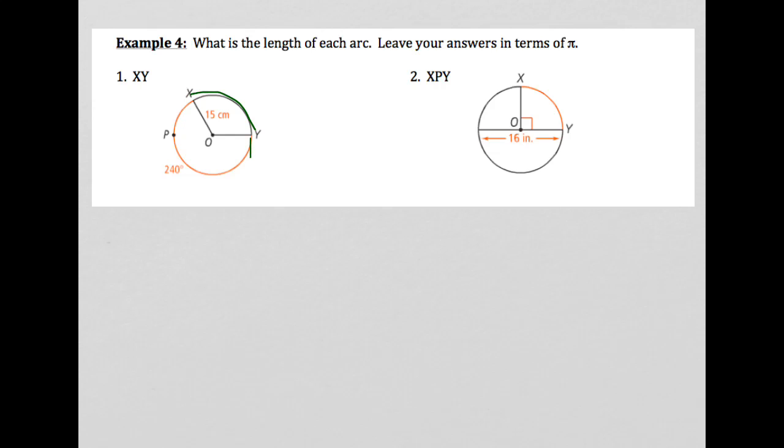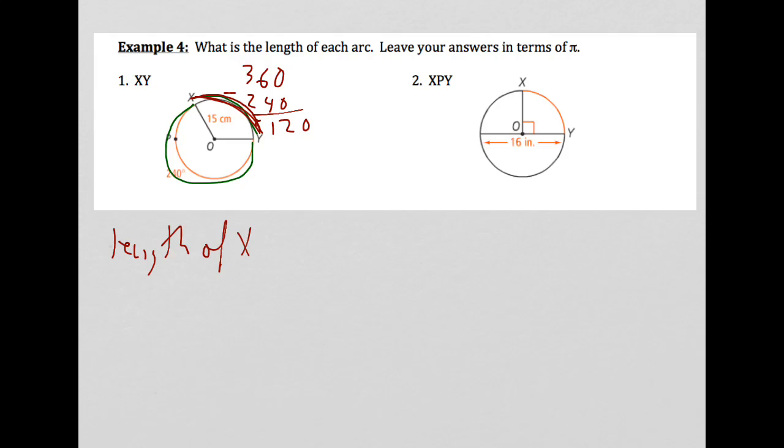So if I know this part right here is 240, then to figure out what this red part is right here, the arc we're interested in, I know a full circle is 360 minus that 240, and that would give me 120. That's the measure for that arc. So to figure out the length